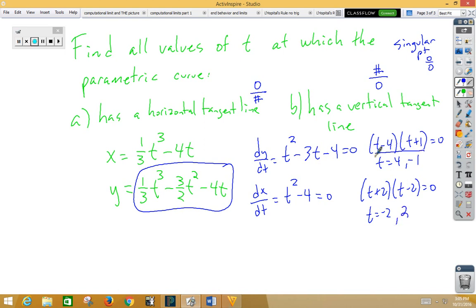So we're looking to see if any of these match, and they do not, so we do not have any singular points, so we cannot worry about that. So our horizontal tangent line is going to occur at t is 4 and negative 1. Our vertical tangent lines are going to occur at t is plus or minus